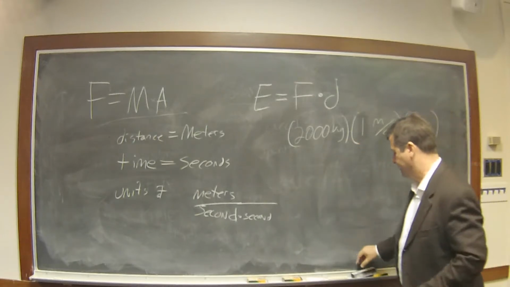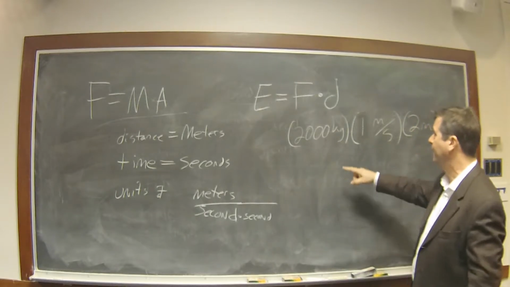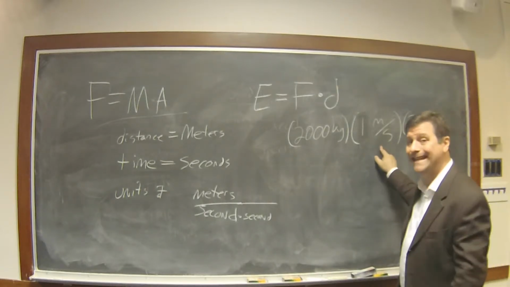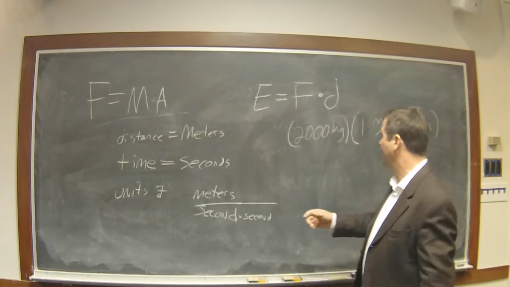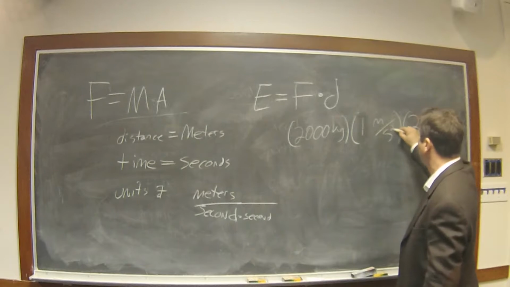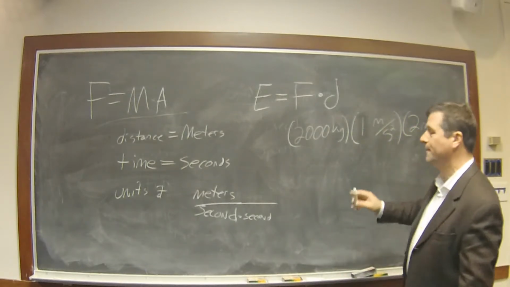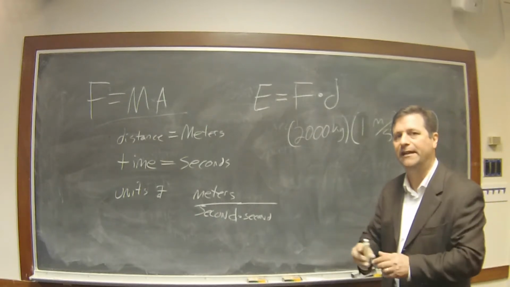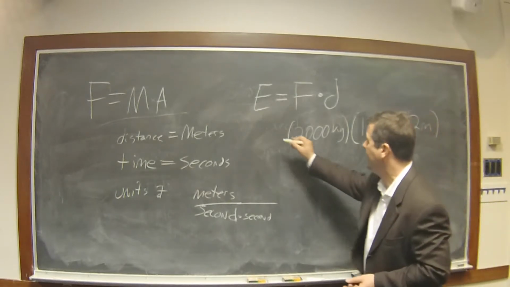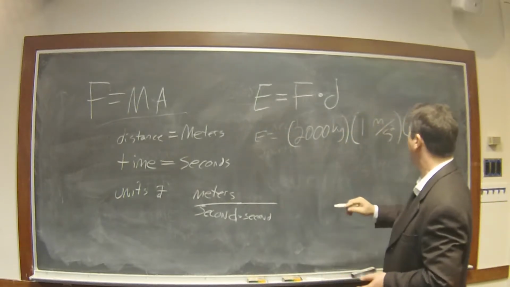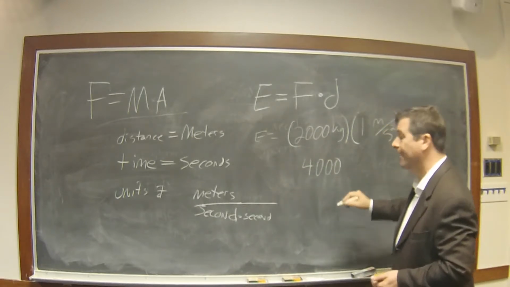The car is, well, now it's a little car. It's only a little bit more mass than a smart car, 2,000 kilograms. And I accelerated it at 1 meter per second squared, and I kept that push happening for 2 meters. Now that's a heavy push. That's a really big push if you think about it. If we multiply that all out, that works out to be, whatever the units are, 4,000 of something that